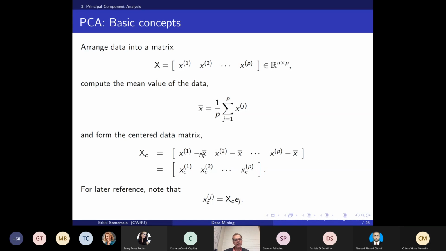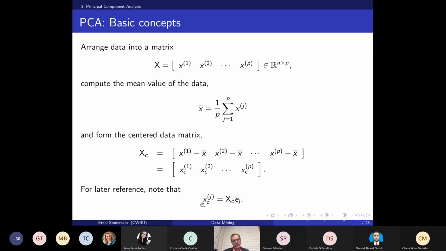Then I subtract the average x bar from each one of those data points, so I get x1 minus x bar, x2 minus x bar, up to xp minus x bar. I denote the columns that I get in this way by x1c, x2c, etc., xpc, with c for centralized or centered. So I have centered my data. Geometrically speaking, you can think that you have a cloud of points in Rn, and you're just moving the coordinate system of your Rn so that it's in the center of mass of your data. Or another way of thinking is that you move your data cloud so that the center matches the coordinate origin.